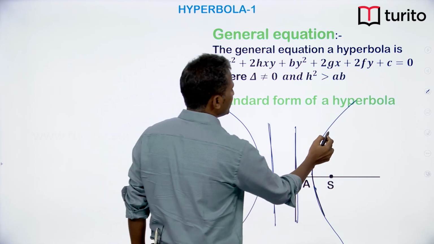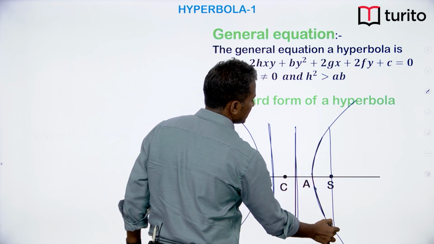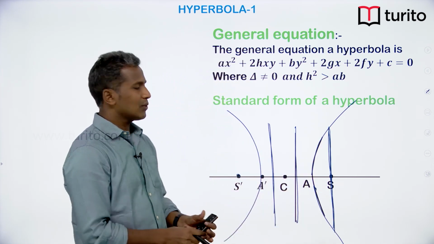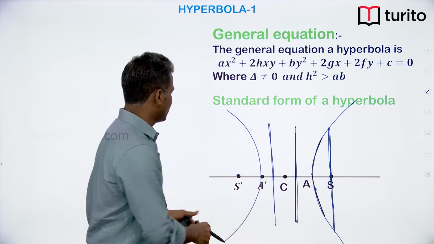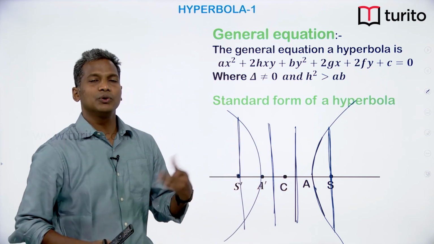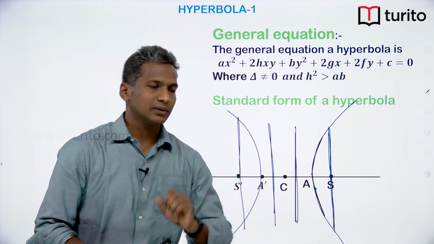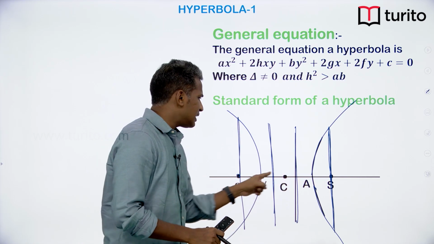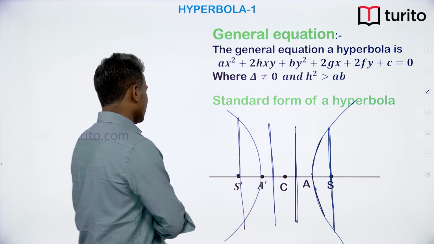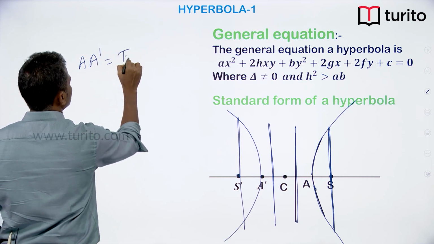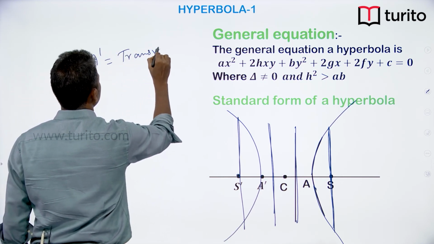Now the chord which is perpendicular to the transverse axis and passing through the focus is called the latus rectum. So there are two latus rectums in this also. When there is plural, we call them latera recta. And the reason why we call this AA dash the transverse axis,